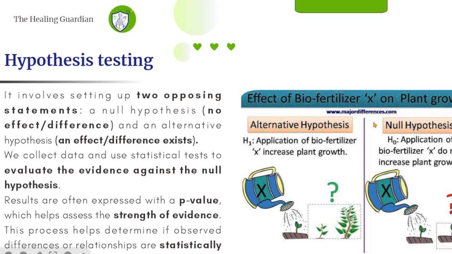We have this example. Maybe we have made a new biofertilizer. After applying the fertilizer and getting the results, the null hypothesis will suggest that the results we have got are not due to this biofertilizer, probably due to other factors, or even that the fertilizer didn't have any effect. So that is the null hypothesis. We suggest the status quo, that what has happened is either out of chance or because that is how it happens. So we collect data and we want to prove that what happened is not a result of chance, but it is because of the effect